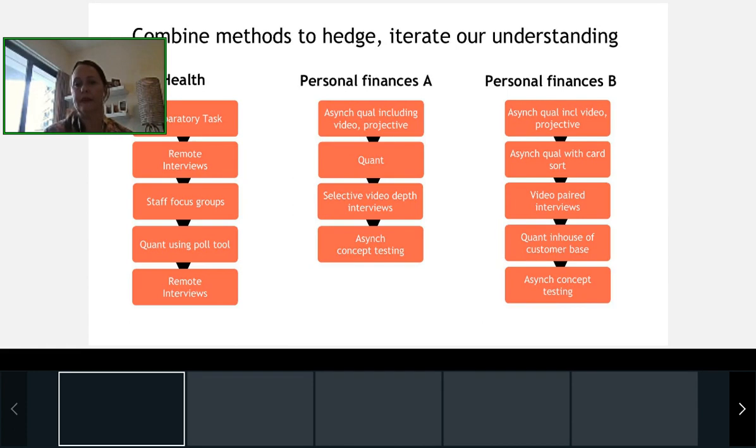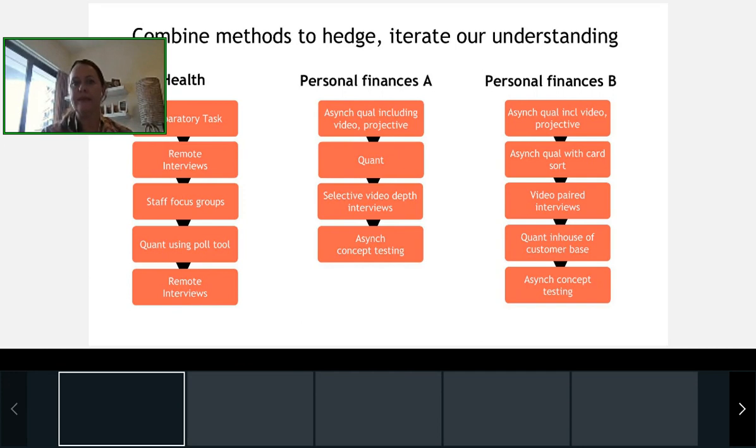And in here, we've really enjoyed and are very grateful to be using asynchronous qualitative platforms. There's a lot of them out there, but the idea is setting up tasks for the participants, where again we're using projective techniques. We can use card sorts. We can use in-system or on-platform interviews, group interviews. We can have light quant in there as well. So we've used a lot of those different types of capabilities, and in Project A we used it both at the beginning as well as at the end, and indeed with the same group of people that we started with.